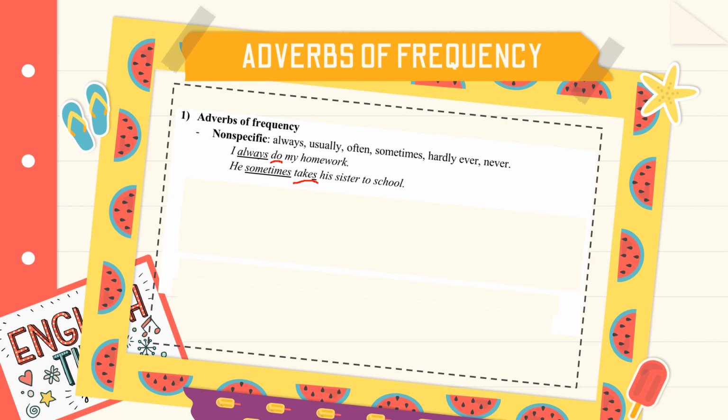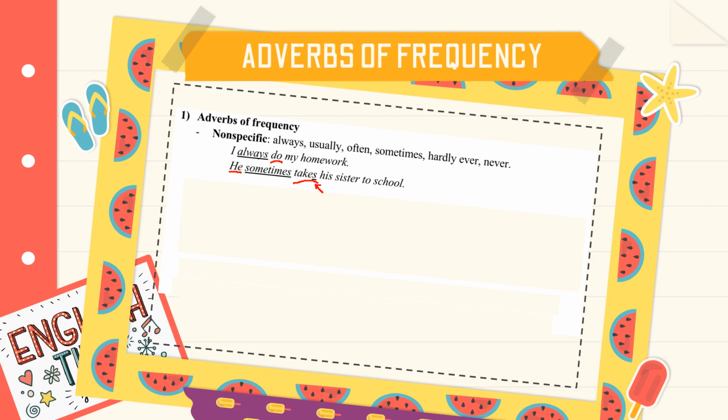Now, why is there an s after the verb? Because the subject is he, and we're talking about routines. If we are talking about routines, it means that the tense that we use is the present simple. If the subject is he, she, or it in the present simple, then you need to use the s after